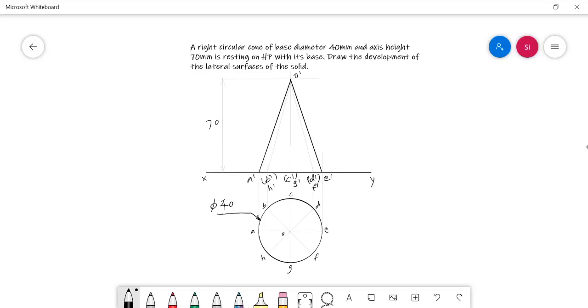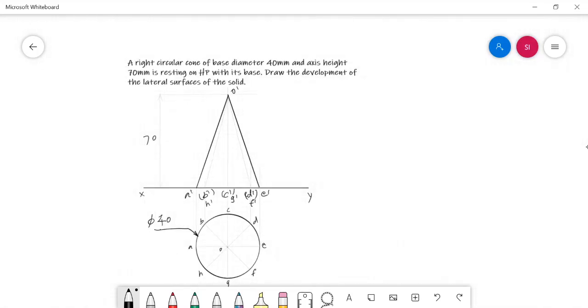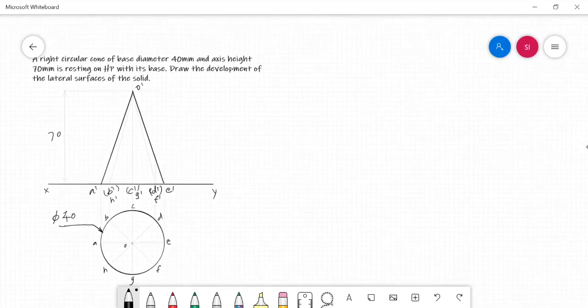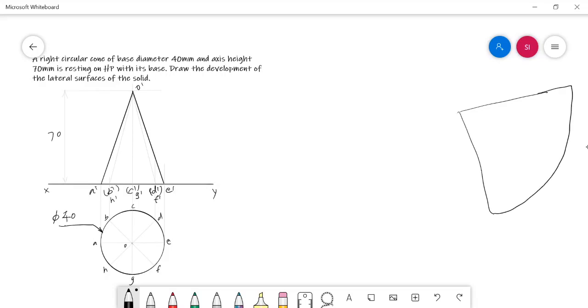Now I have just completed the front and top view of the solid, and now we can go for developing this cone. The development of the cone is simply a sector of a circle. It will be a sector of a circle, and the radius of this sector is nothing but the